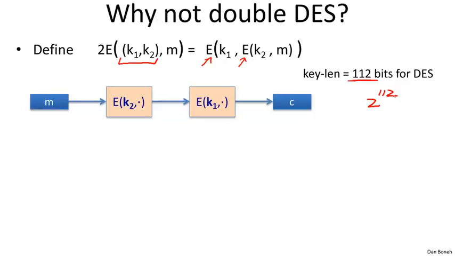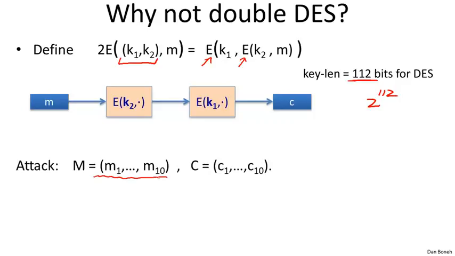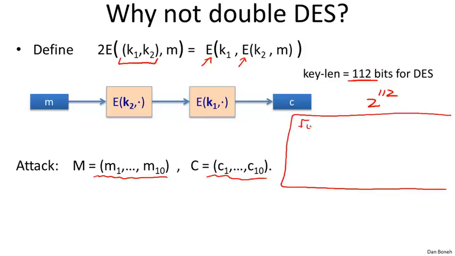So the question is, what's wrong with this construction? Well, it turns out this construction is completely insecure, and I want to show you an attack. Suppose I'm given a bunch of inputs, say M1 to M10, and I'm given the corresponding outputs C1 to C10. What's my goal? Well, my goal is basically to find a pair of keys K1, K2, such that